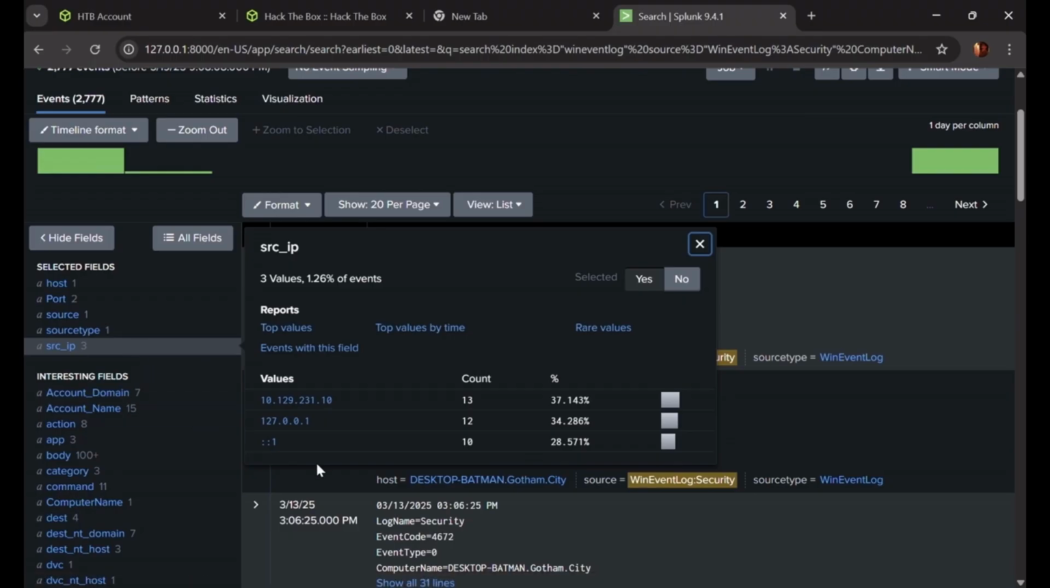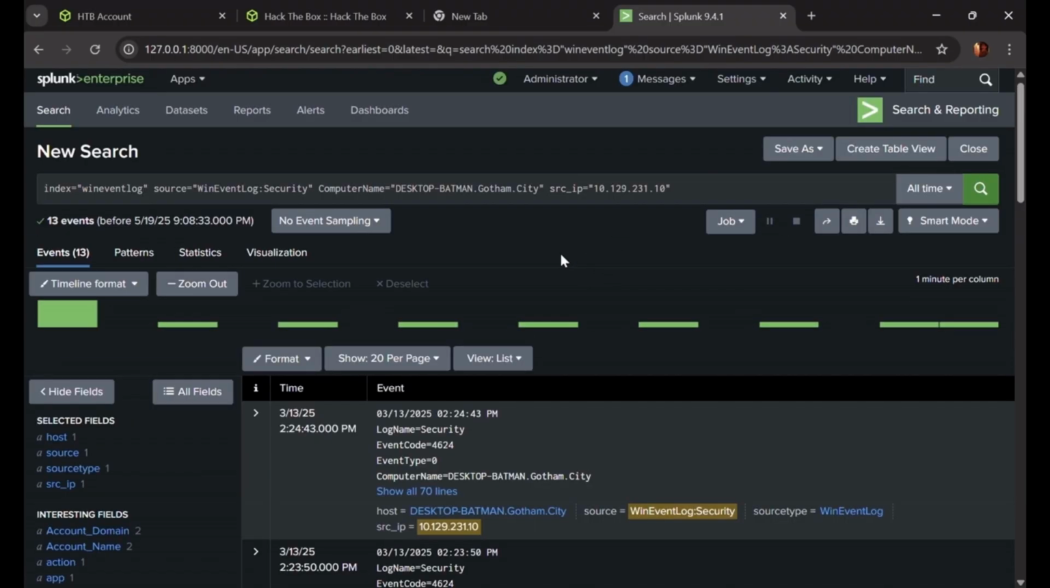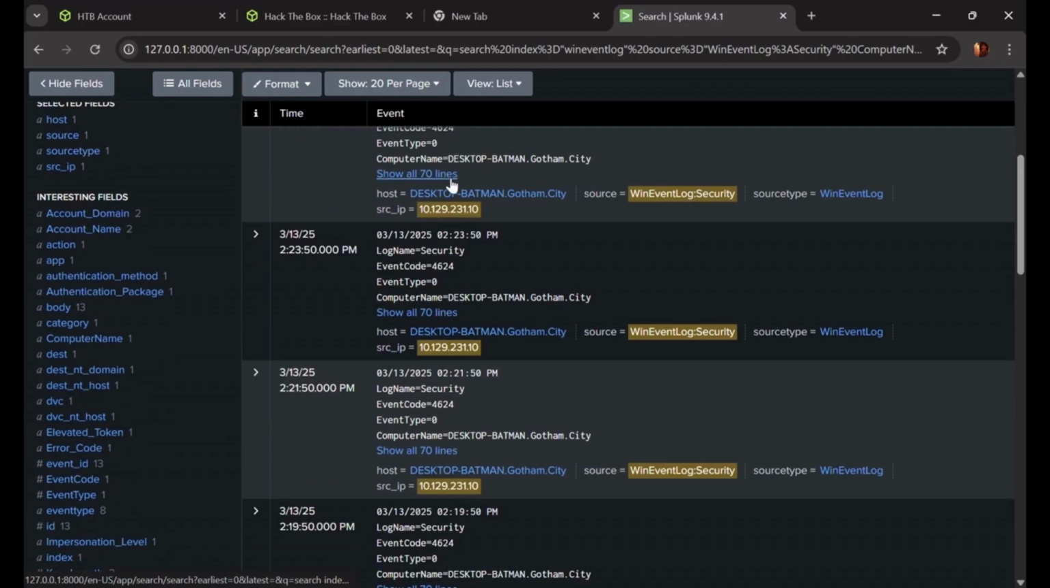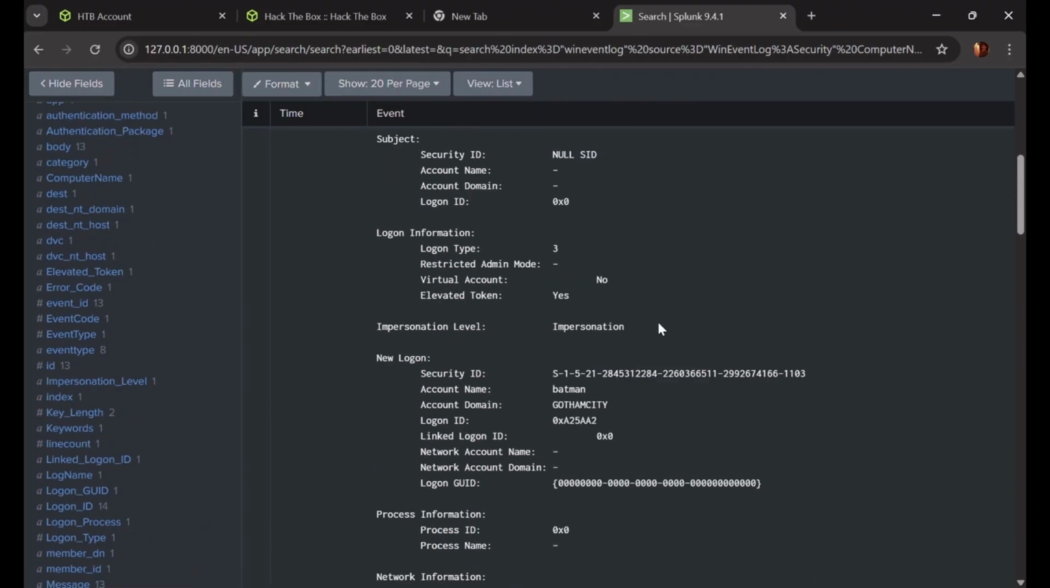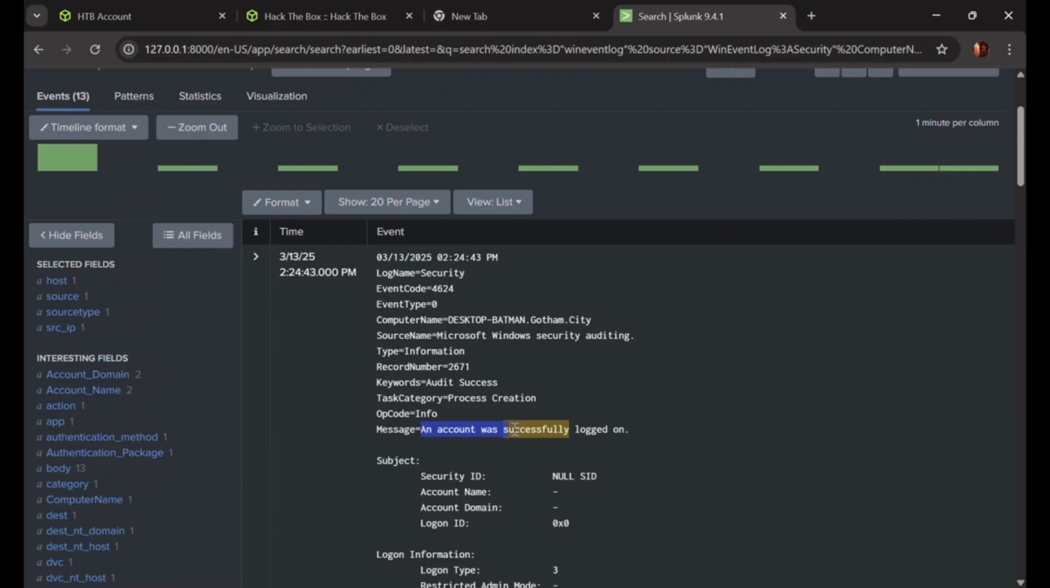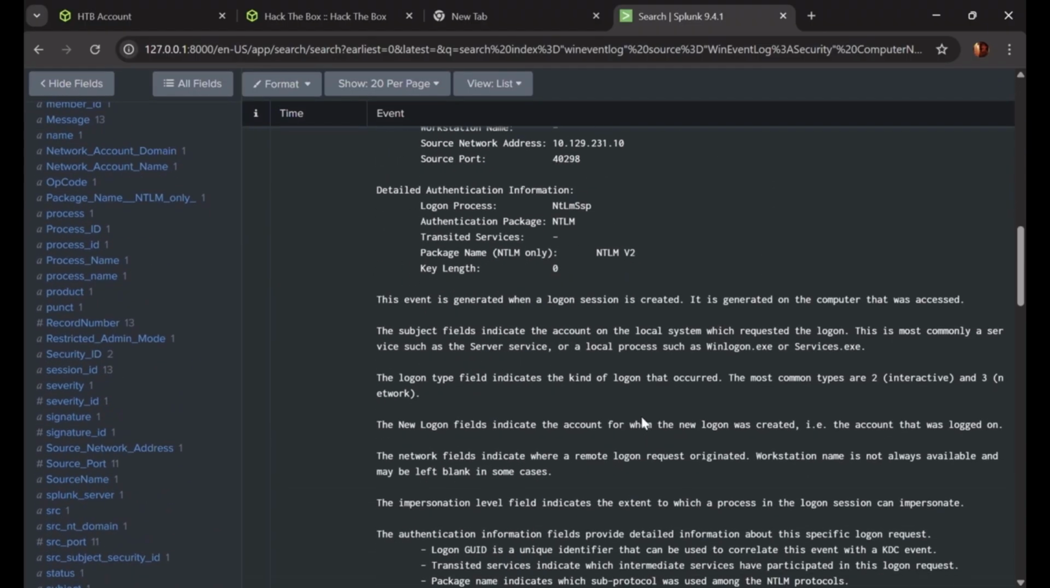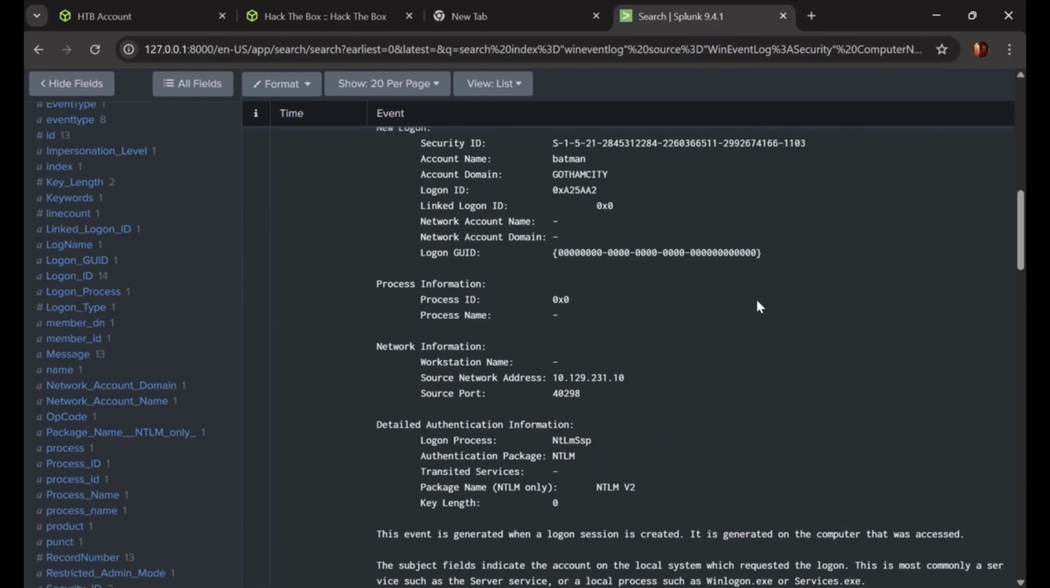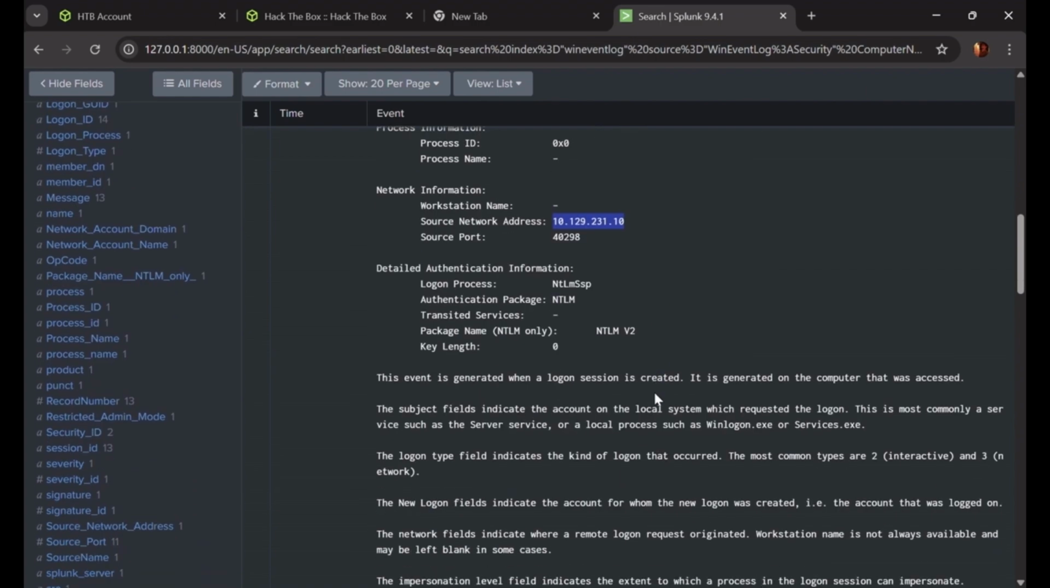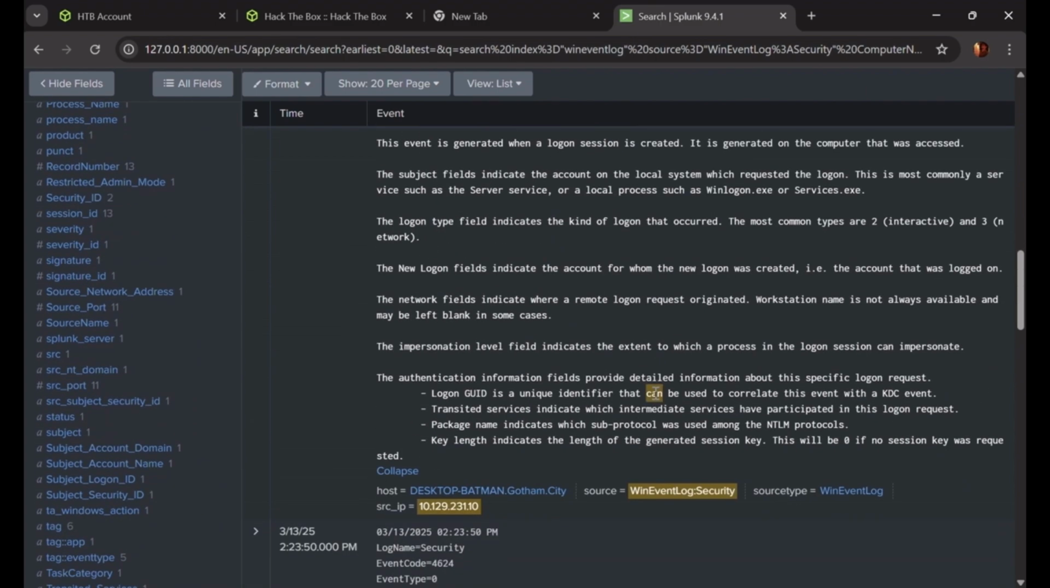Okay, we do see a couple of IPs, but these two, as we know, are local host. We only have one source IP that the incoming connection to this computer is coming from. Let's expand the log, and we see that an account logon was logged. So this should be the attacker's IP address, since this is the only connection